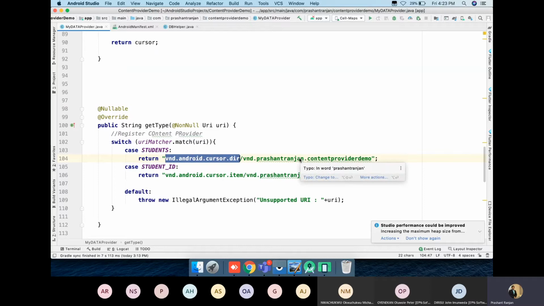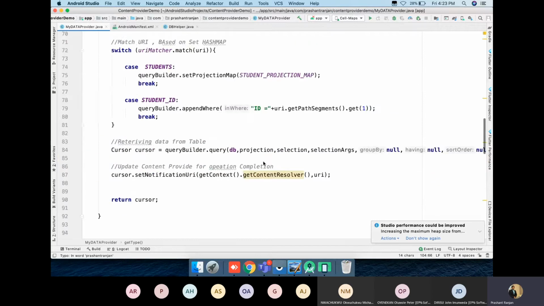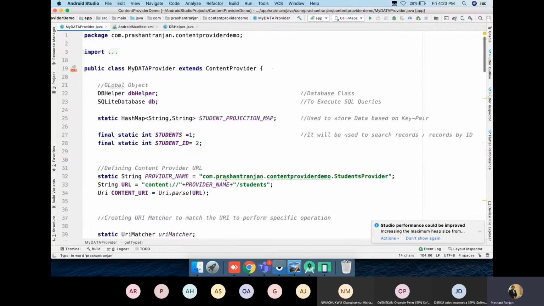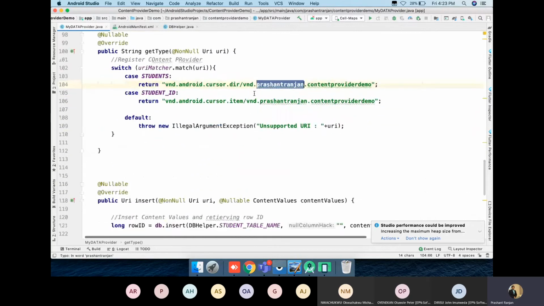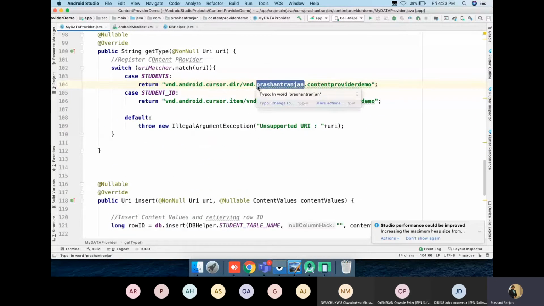Normally we prefer to keep the name of the package. You are allowed to write anything else, but it's better to keep the name of the package so that it matches. If I wish to define something different, it will get registered by that name. You can see that the name of the content provider and the name here are different. Here the content provider name is com dot, but here we are not using com dot because we just want to keep the registration of that. If you wish to keep the name as per the complete content provider, you can do it. But it is the MIME type of your content provider.